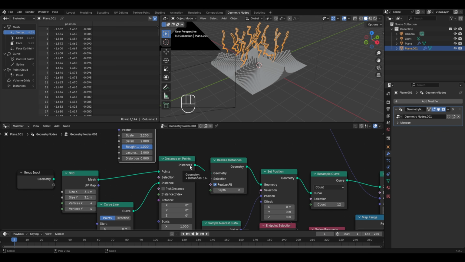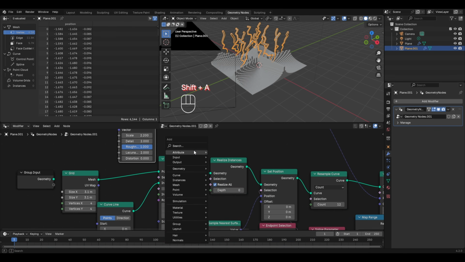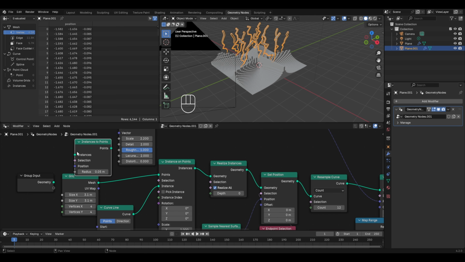But let's also understand the instance to points node by adding it in the geometry nodes editor. So press Shift plus A, go to instances and select the instances to points node. Let's place it over here, and now this node basically takes the instances as the input and converts them into